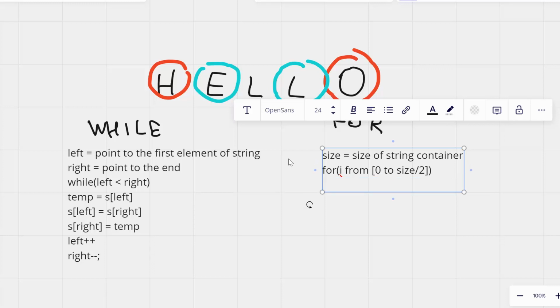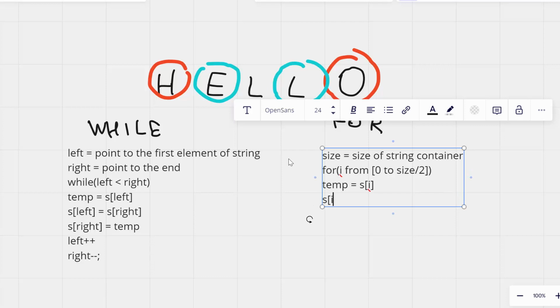And once again in the for loop I will do the same swapping operation. So I'm going to create a temporary variable to store the element s[i], our first element, 0, 1, 2, 3.